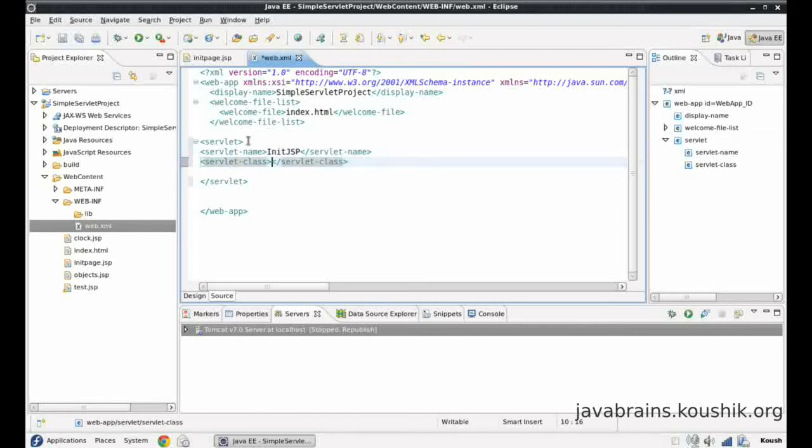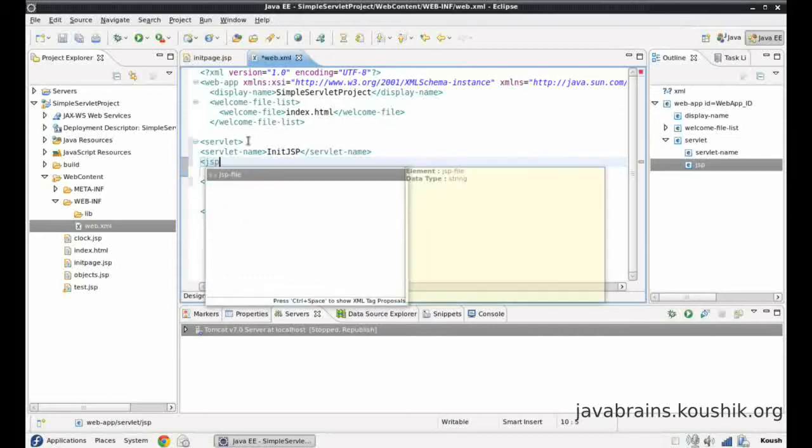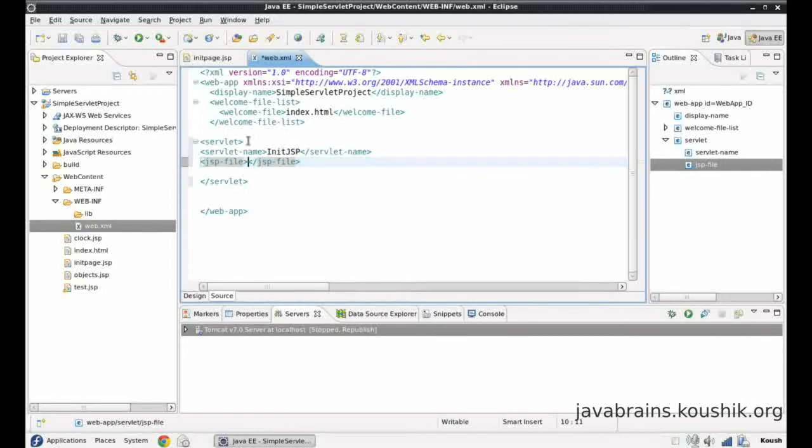Now here I do not have a servlet class name as such because I have a JSP, and I cannot really depend on Tomcat giving the proper name for the servlet. Earlier we saw it was the JSP name underscore JSP as the servlet class name, but we cannot be sure about that. If you put this in a different container, it might have a different name. So what we do here is we do not specify the servlet class node. Instead, we specify a node called jsp-file,